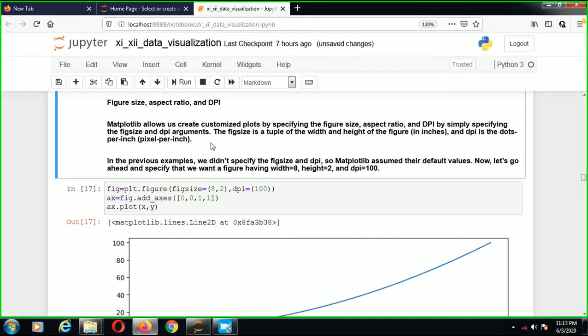Now figure size, aspect ratio and DPI. Matplotlib allows us to create customized plots by specifying the figure size, aspect ratio and DPI through the figsize and dpi arguments. The figure size is a tuple of the width and height of the figure in inches, and DPI is dots per inch, or pixels per inch.